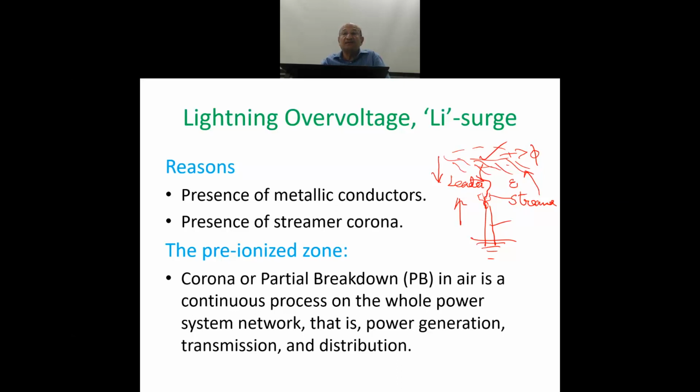You can imagine the power system, our grid, is practically all overhead in the free atmospheric air, and that is how a lot of metallic conductors in the power system are spread for long lengths. So the power system becomes very highly prone to lightning strikes, because of the many metallic conductors,